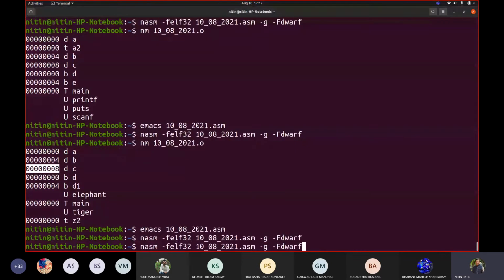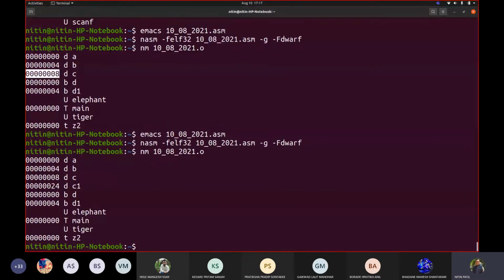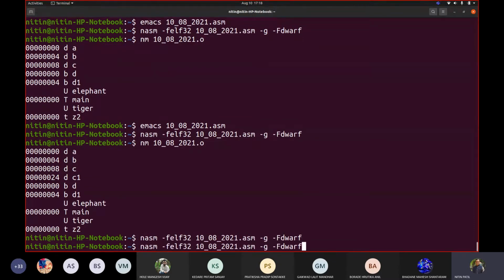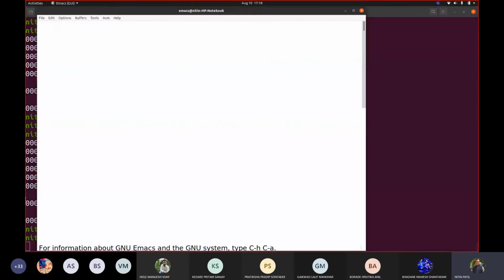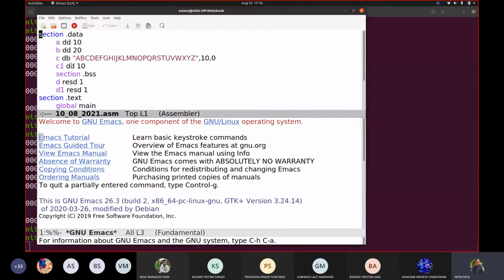So if I translate this, then let us see what it shows. See, what it did, it added 24. The reason behind, because we could not see that 12, is that when we talk about the C variable, it is a defined byte. It is a string. That is the reason, you can check this here. You can see that we have added this as a string.